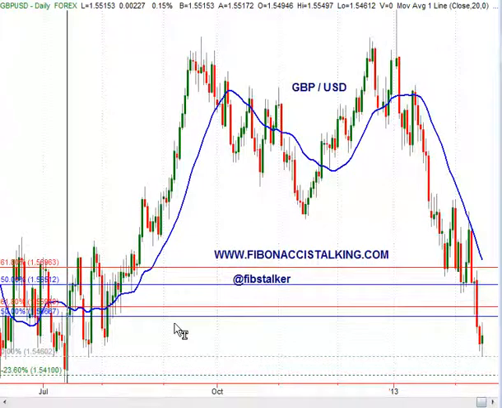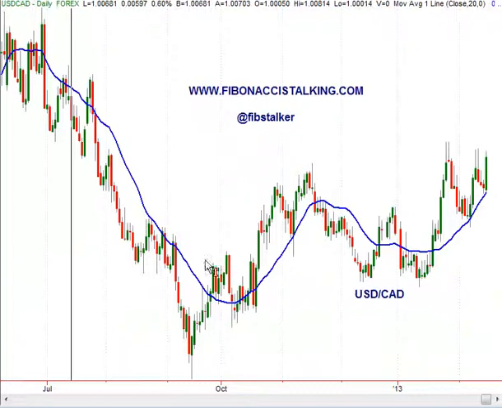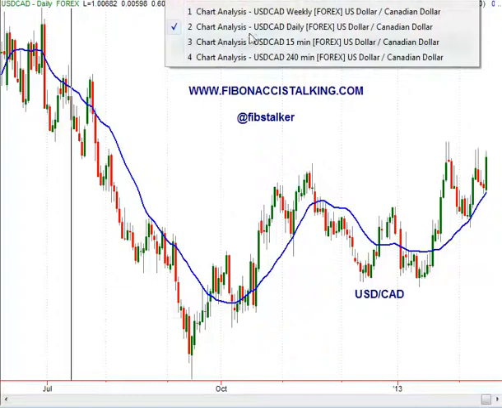And this is it for the pound. Let's move to the Canadian dollar. Sorry for the interruption. So going back to the US dollar versus the Canadian dollar, on the weekly chart we